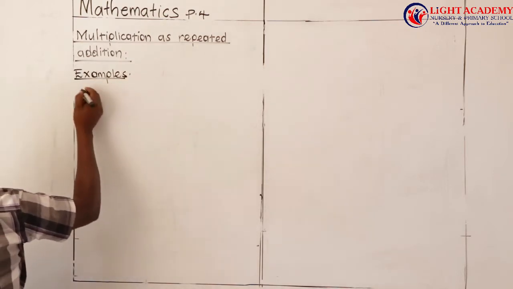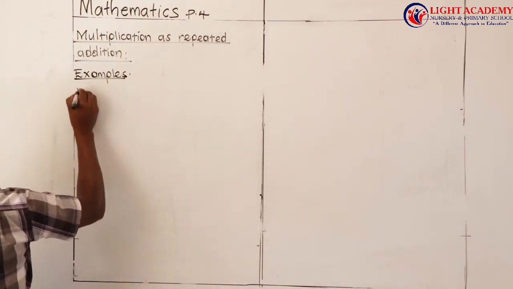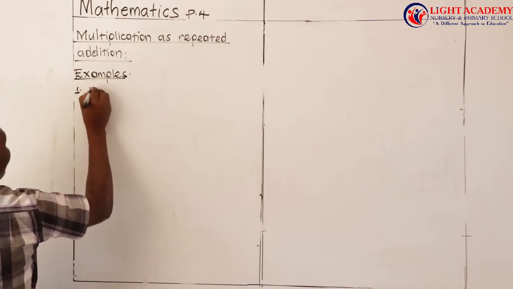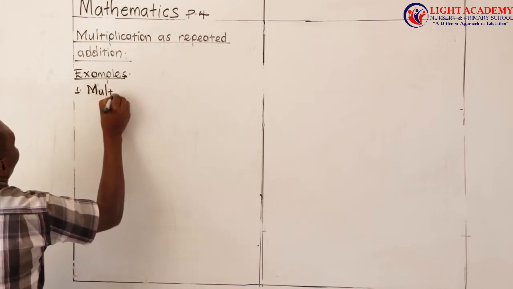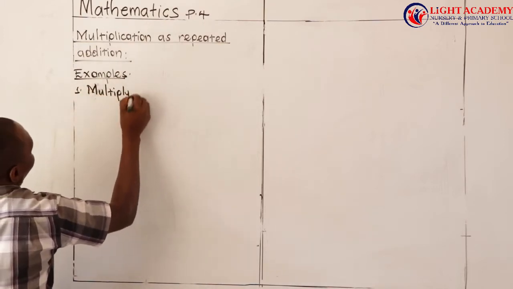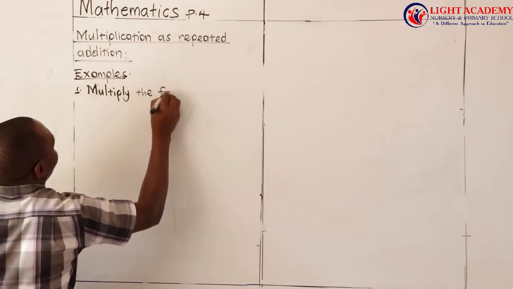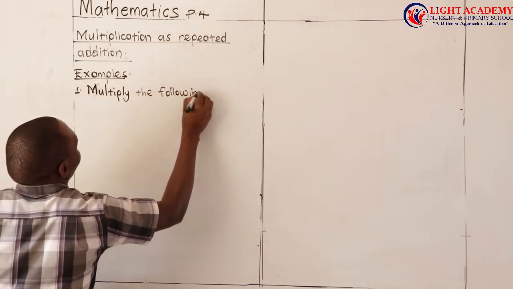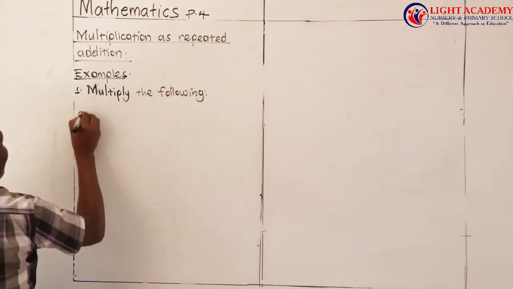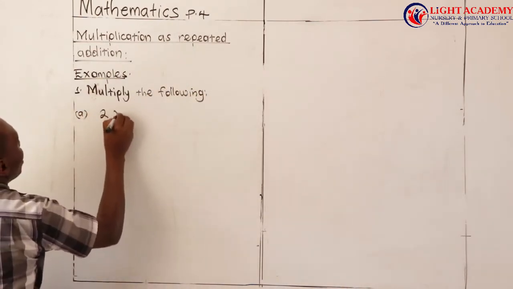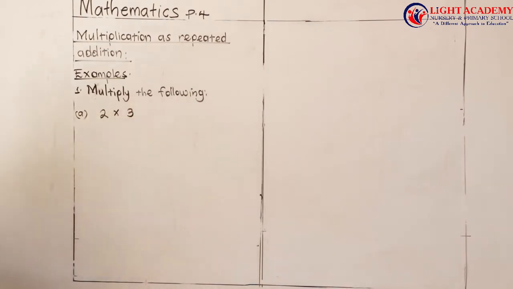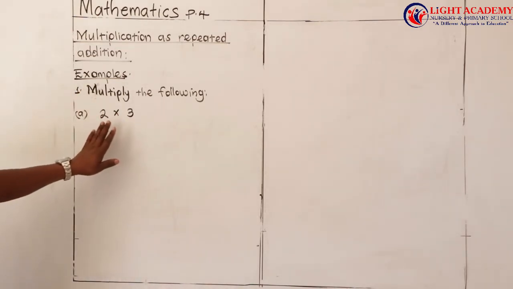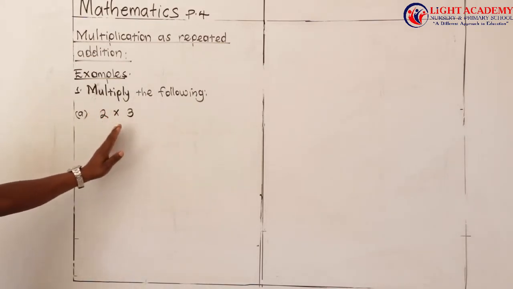We looked at this in Primary 2. They could say, for example, 1, work out, or they would say multiply the following. Like A, 2 multiplied by 3. At a P2 level, a P3 level, the idea of answering this question was using the knowledge of the items,